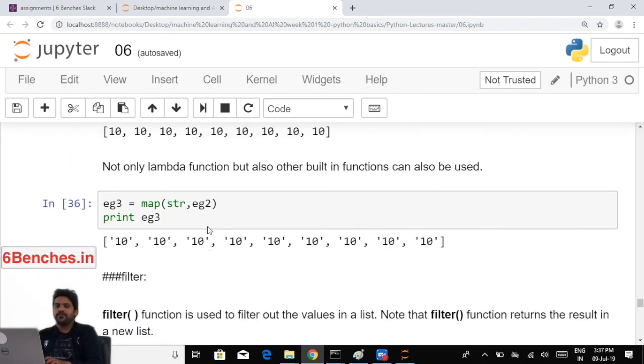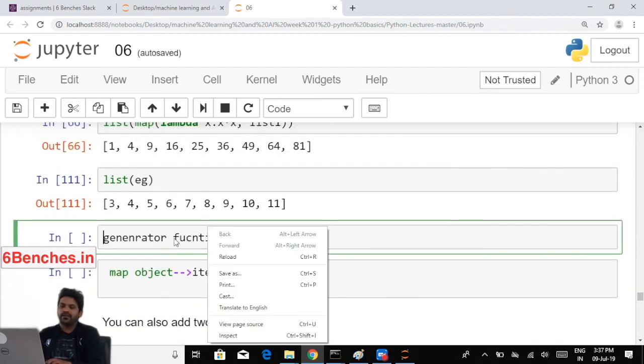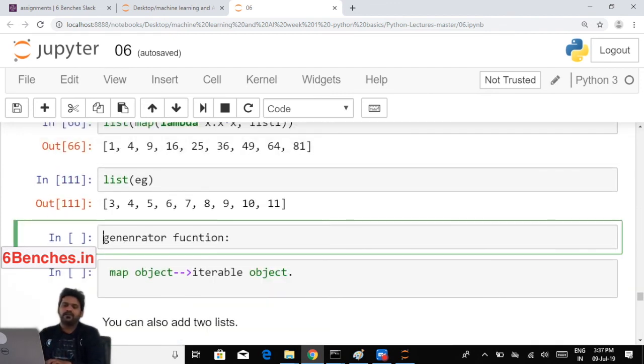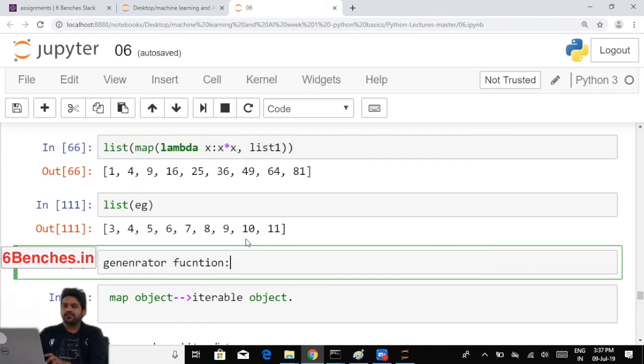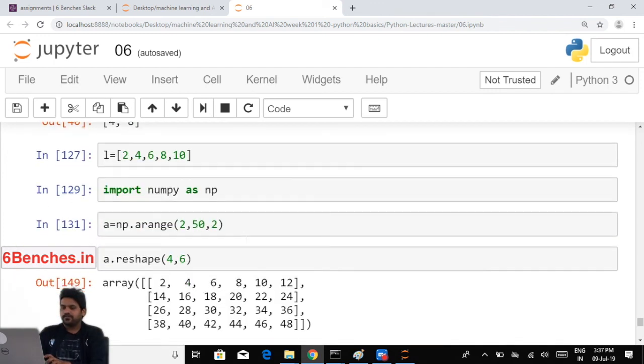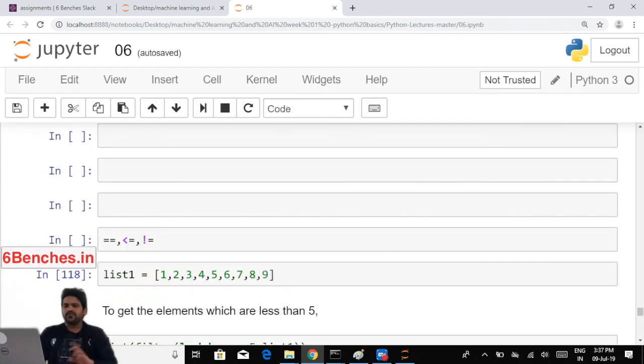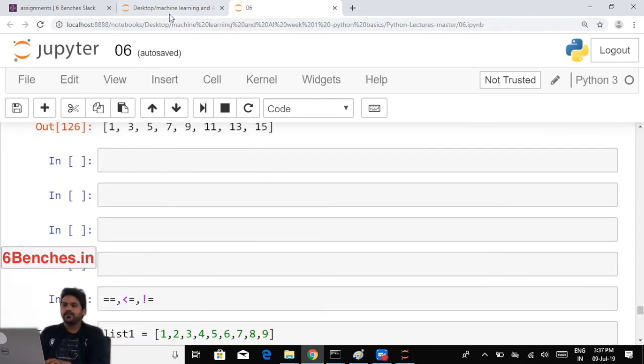Okay, so functions is covered. I think I need half an hour more for generator functions, which we'll probably do tomorrow. So I don't want to stuff too much. Generator functions is left out. Just a small topic, like 10 minutes. So tomorrow again